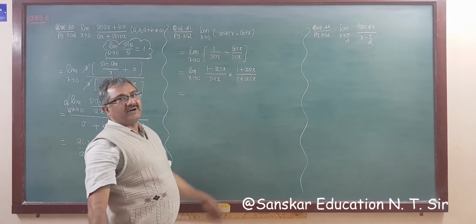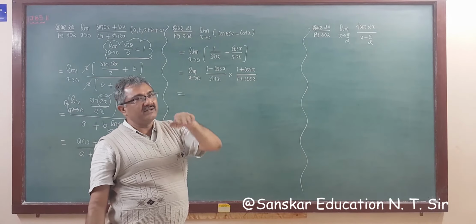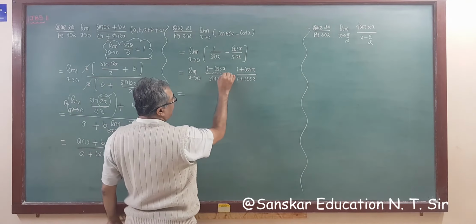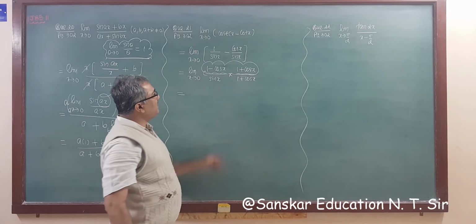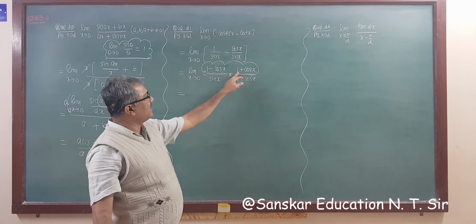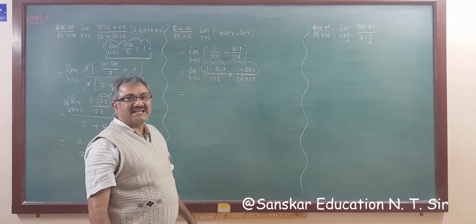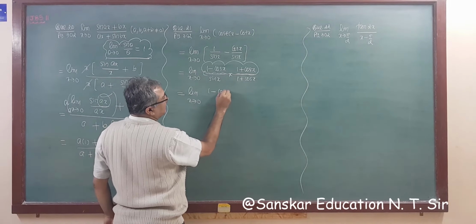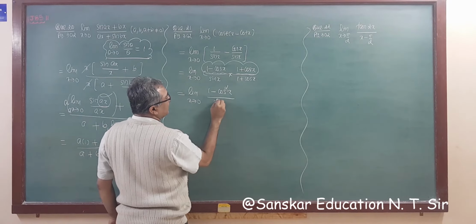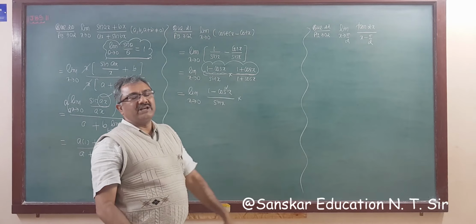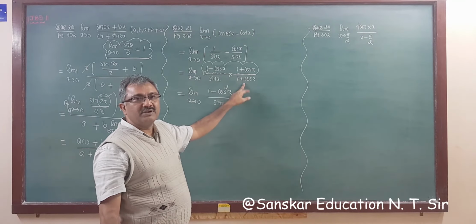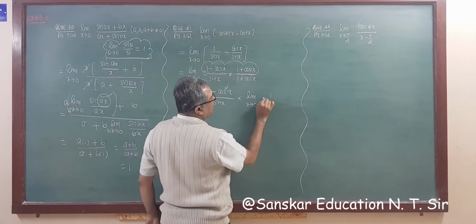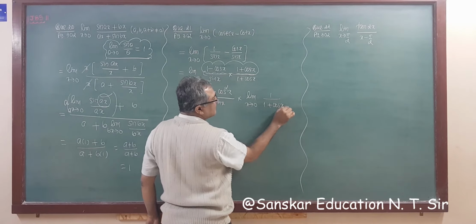So you know, while we are rationalizing, there is one term, either in the numerator or in the denominator, that is an extra term, right? So this is the useful term. This is the useful term. So 1 minus cos x, that is a minus b, and 1 plus cos x, that is a plus b. So the answer is a square minus b square. So the answer will be limit x tends to 0, (1 minus cos square x) whole upon sin x. And as I told you, while you are rationalizing, give the extra term to a separate limit. So this is limit x tends to 0, 1 upon 1 plus cos x.